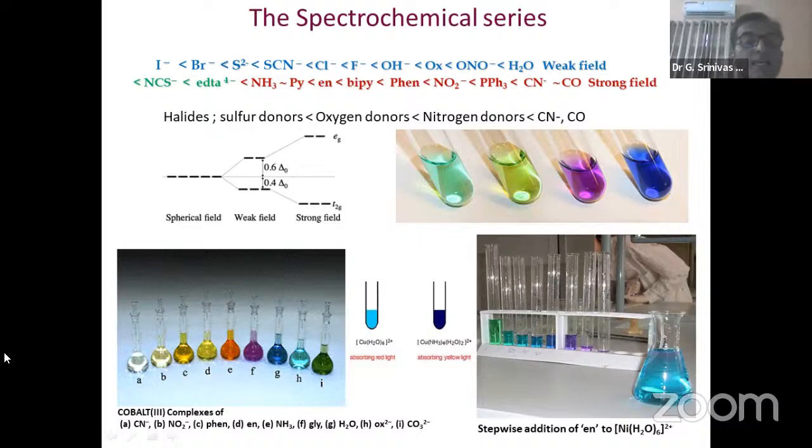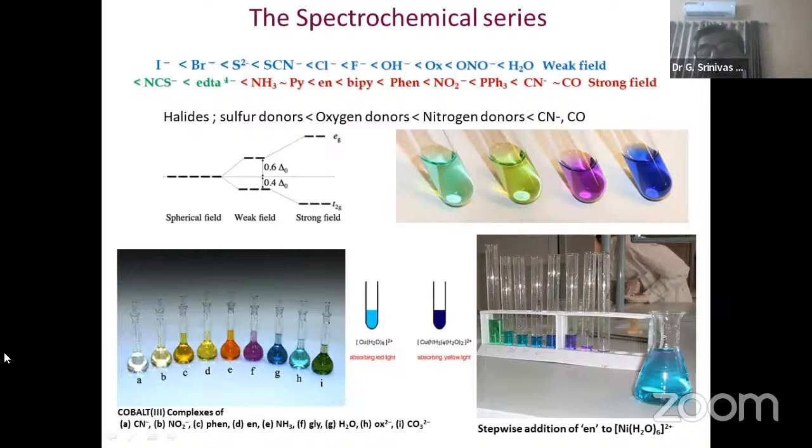If you take the halides, sulfur donors, oxygen donors, nitrogen donors, and cyanide and carbon monoxide, the halides and sulfur donors are somewhat equal in strength, and they have lesser strength than the oxygen donors, then nitrogen comes with somewhat higher strength, and cyanide and carbon monoxide have high ligand strength. So that's I minus, Br minus, S2 minus, SCN minus, chloride, fluoride, OH, oxalate,